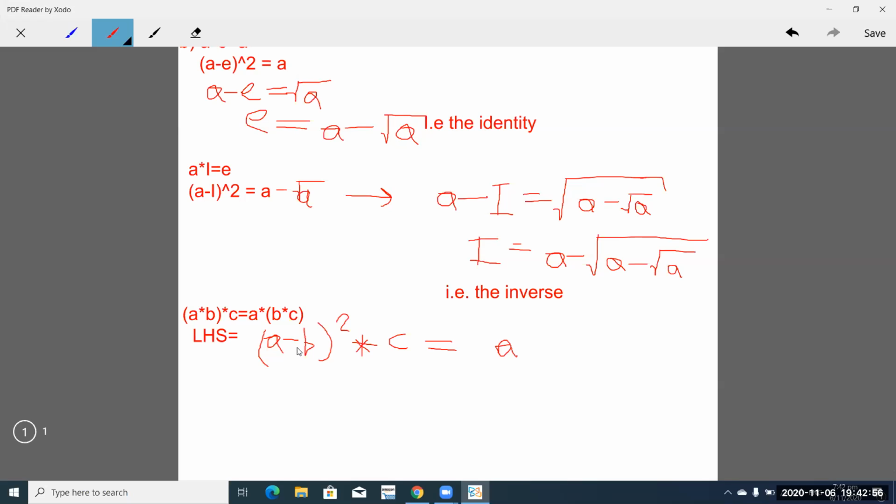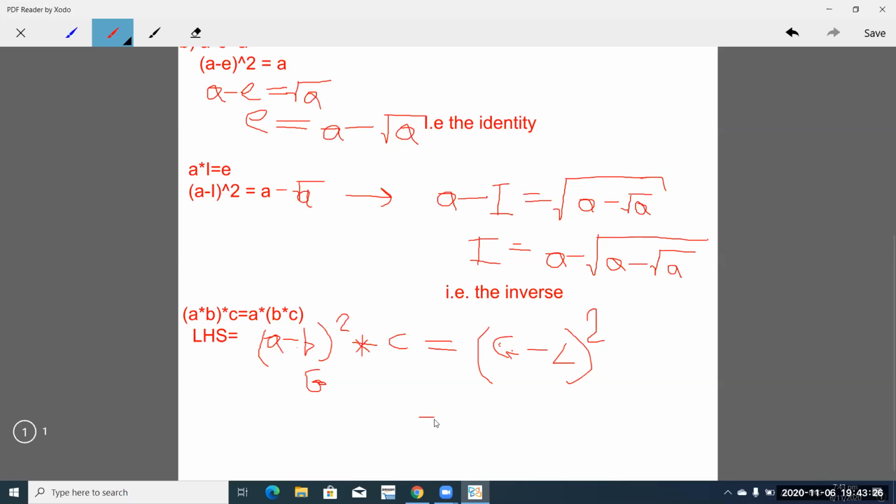It would be G minus C. Very good. So if we had G star C, it would just be G minus C all square. As you said, G star C would just be G minus C all square. Now